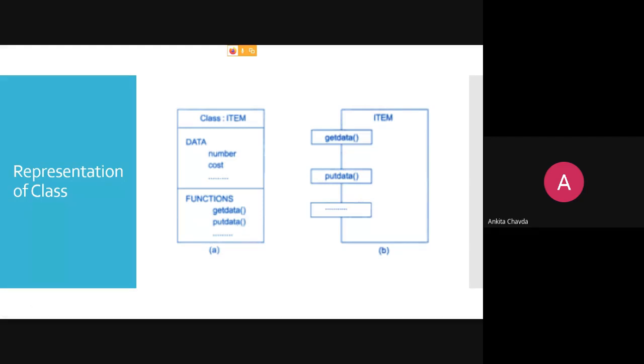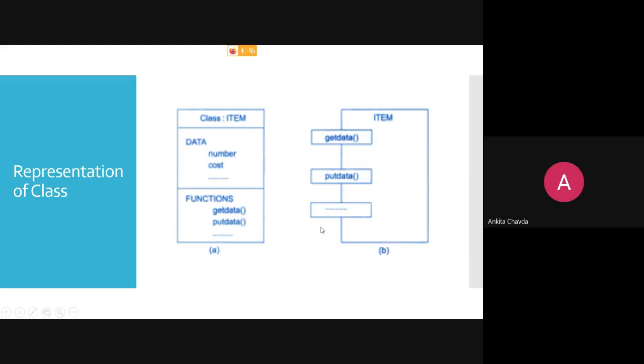Now in this item, if you create an object, what could be accessible from int main? Only the public functions, of course, because I have given them as public. So you can access public get data, public put data, or any other public functions directly.